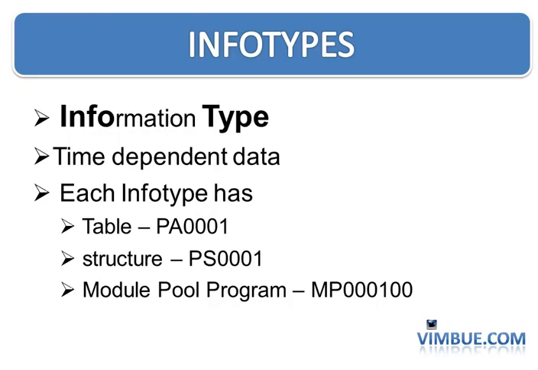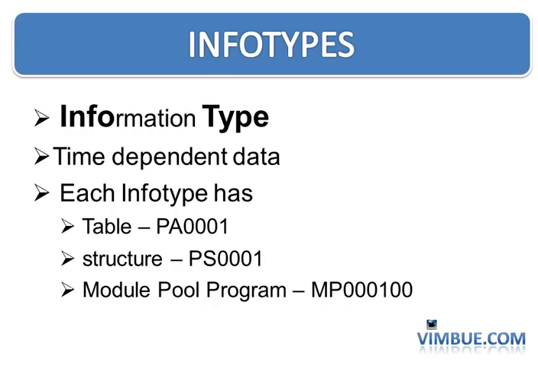So let's say if we talk about info type 1, info type 1 will have a table PA0001. Yes, PA would be the start of all the info types tables. So if you want to see the data or how the table actually looks like, you would follow the same convention. You will go to SE11 and see PA0001 to see the actual table look and feel. And similarly for a structure, you would again go to SE11 and see. But if you want to see the module pool program, you would go to SE38 and just type